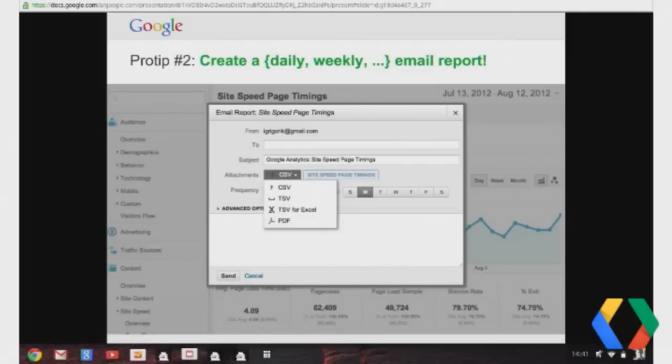Yep. Second thing that I've done for my site, you can take any of these reports and create a PDF report that just gets emailed to you every week. So every Monday I get an email which I just look at, which shows me if anything bad has happened. And what's really cool is that you can create an automated email report, send a PDF format of the custom report that we just looked at that has the business data in there. And that's something that maybe I'm not going to look at every day, but I might look at that weekly or monthly depending on how big my site is. Exactly. It's just a very easy way to keep tabs on this thing.